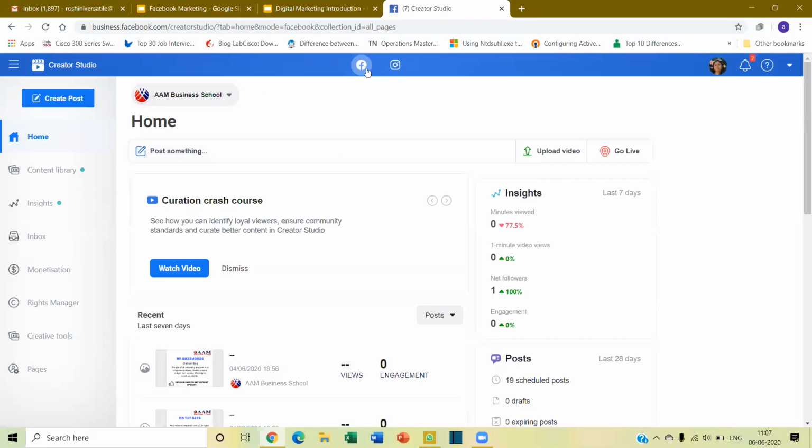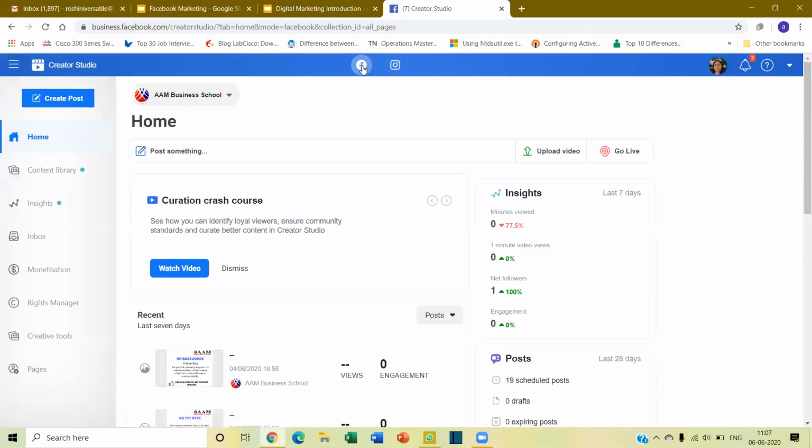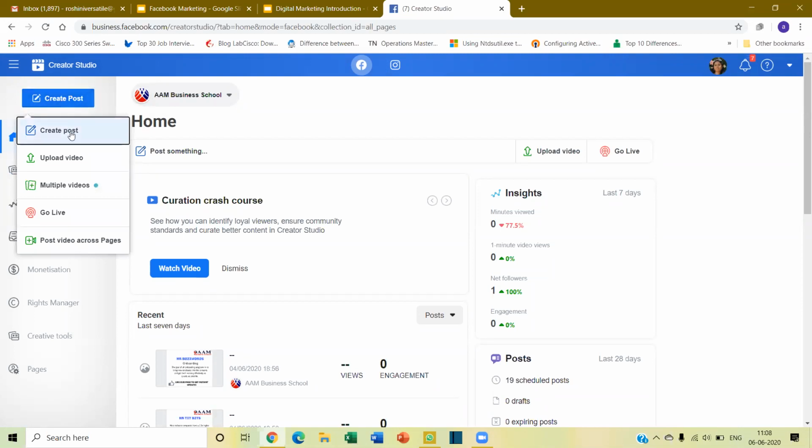Right? So you have a Facebook icon, you have an Instagram icon here. There are two things here. And here you have a button called Create Post. If you just click Create Post, you will get an option where you can upload videos, you can create posts, you can go live, which means you can manage everything completely